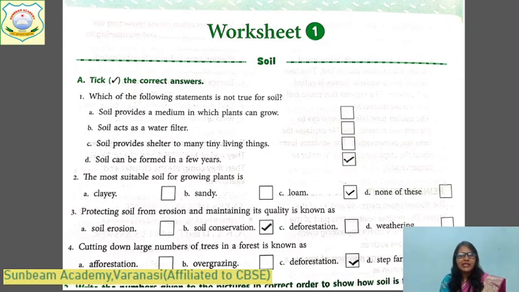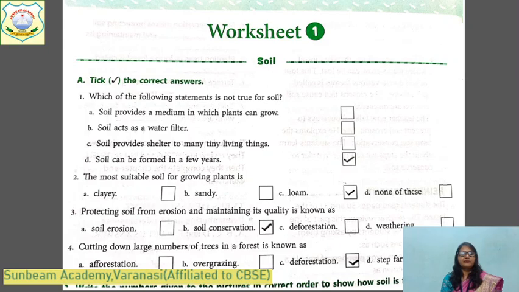आपके टेक्स्ट में नहीं मिलेगा. This is I have made for the revision. So nobody will ask, ma'am, where it is in the book. Okay. This is for revision worksheet. These are the revision worksheet. Another worksheet I will also share. Now you will solve these worksheet in your fair notebook. And this is the preparation for your examination.